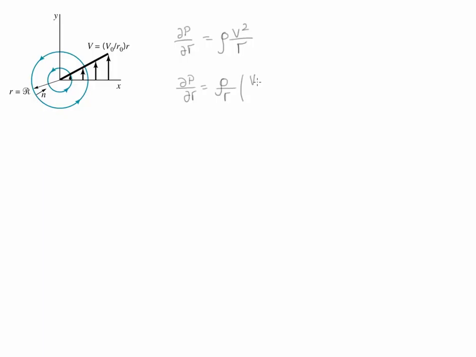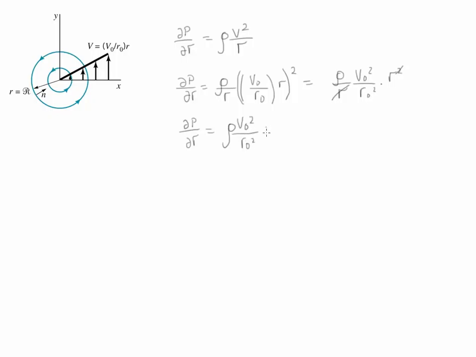The velocity is v0 r over r0, and notice that all of this goes to the second power. Therefore, we simplify it and we get rho over r, v0 squared over r0 squared, r squared. We cancel this r with 1 over here, and then we're left with simply dp dr is equal to rho v0 squared